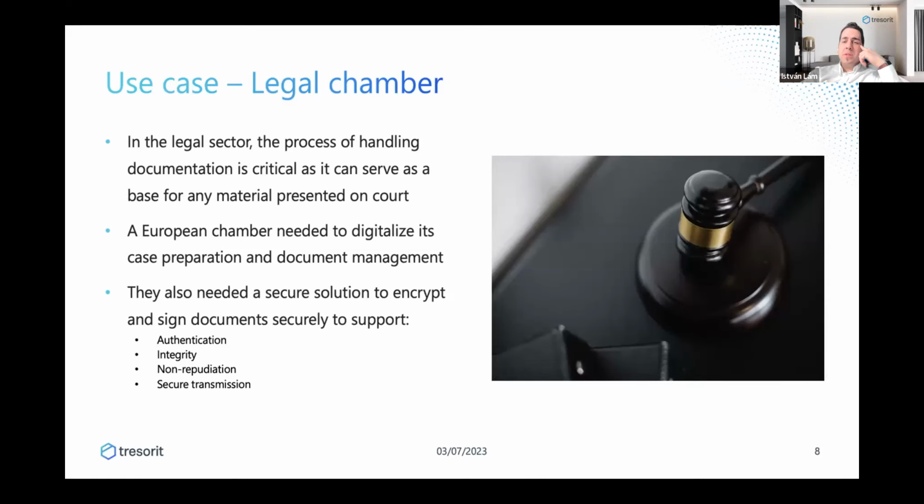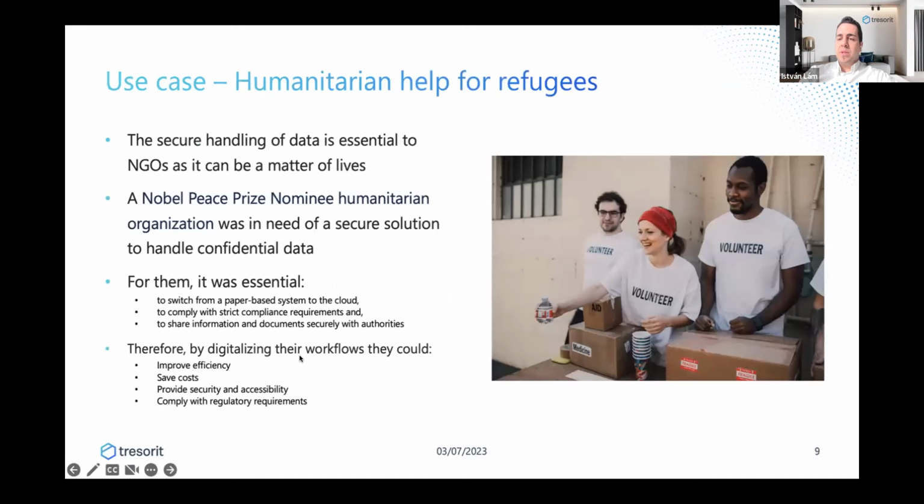So what they needed is that it's secure, so non-repudiation, integrity, and transmission security of the storage are paramount. At the same time, knowing that it has been signed by someone, it has been accepted, and it's in one place. But outside of business life, we also help